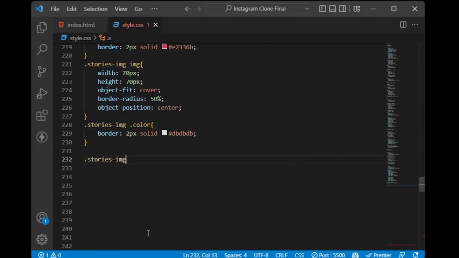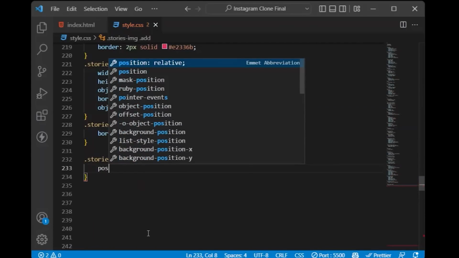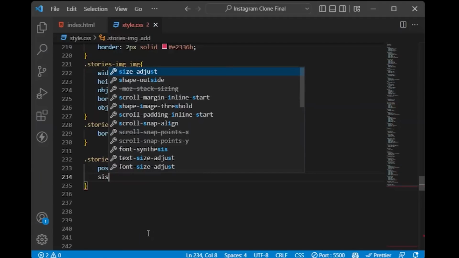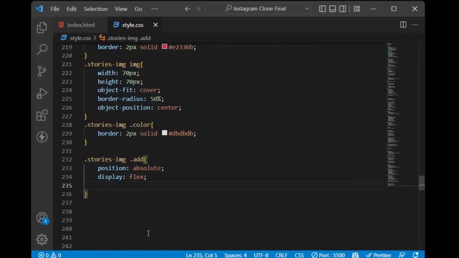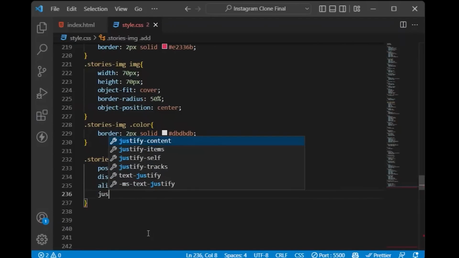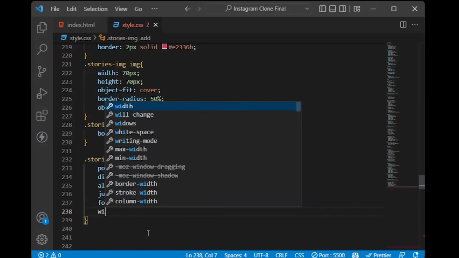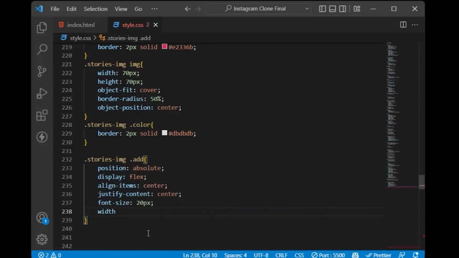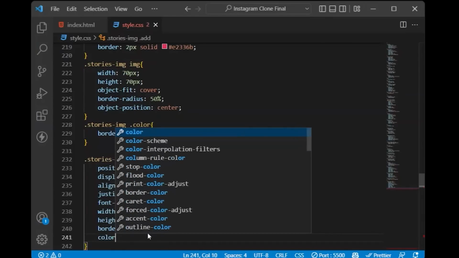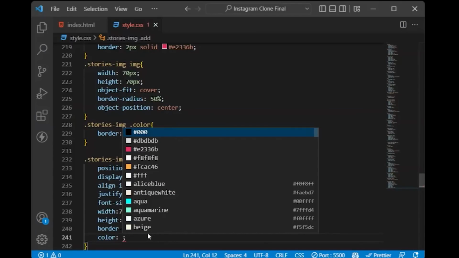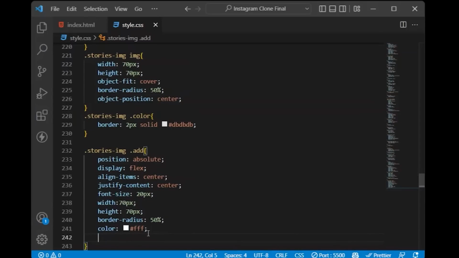Now again select the stories img class, go inside the dot add class, say position as absolute, display as flex, align items as center, justify content as center, font size as 20 pixels, width as 70 pixels, height as 70 pixels, border radius as 50%, color as, sorry, color will be white color, that is